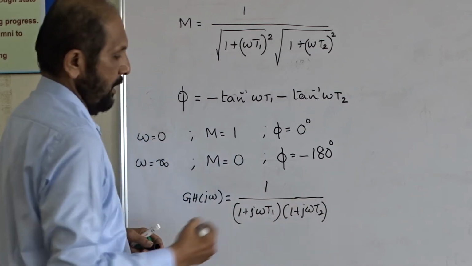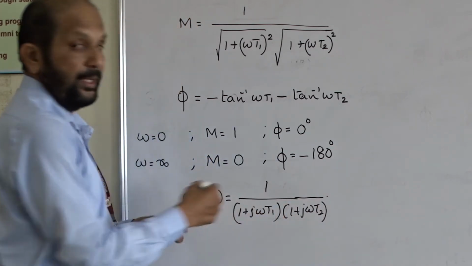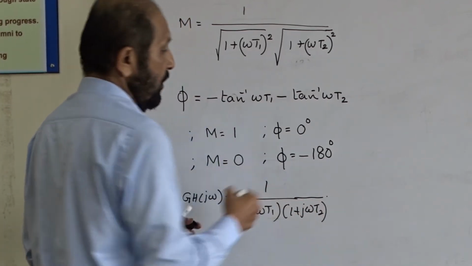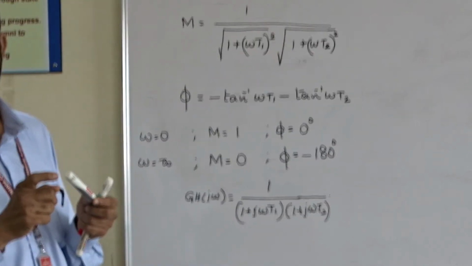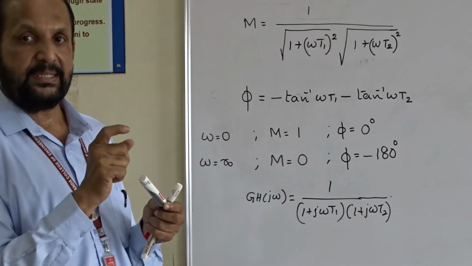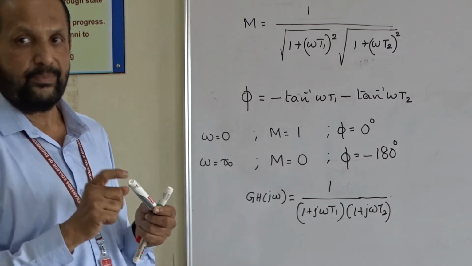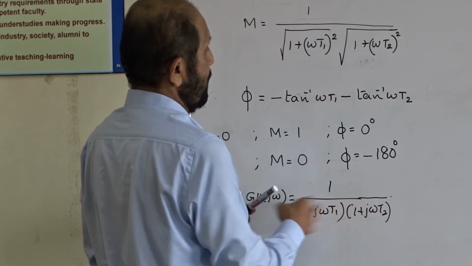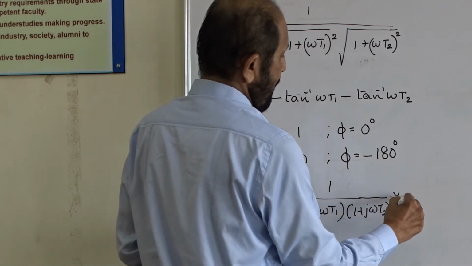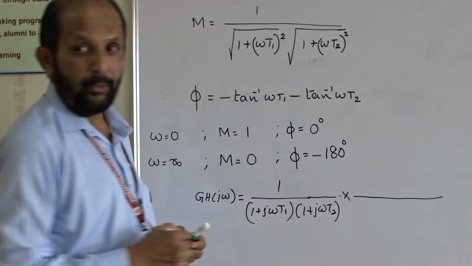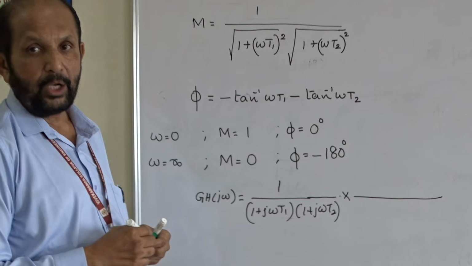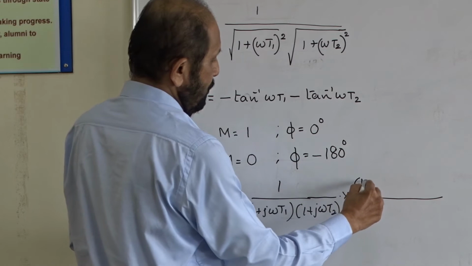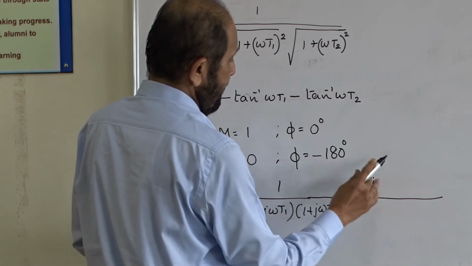I have to convert it into rectangular form. When you convert into rectangular form, this is to find the point where the polar plot cuts the axis, and at what frequency. This is the given open loop transfer function, by substituting s equal to j omega. You multiply and divide by the complex conjugate of the denominator, so multiply both the numerator and denominator by the complex conjugate of the denominator.